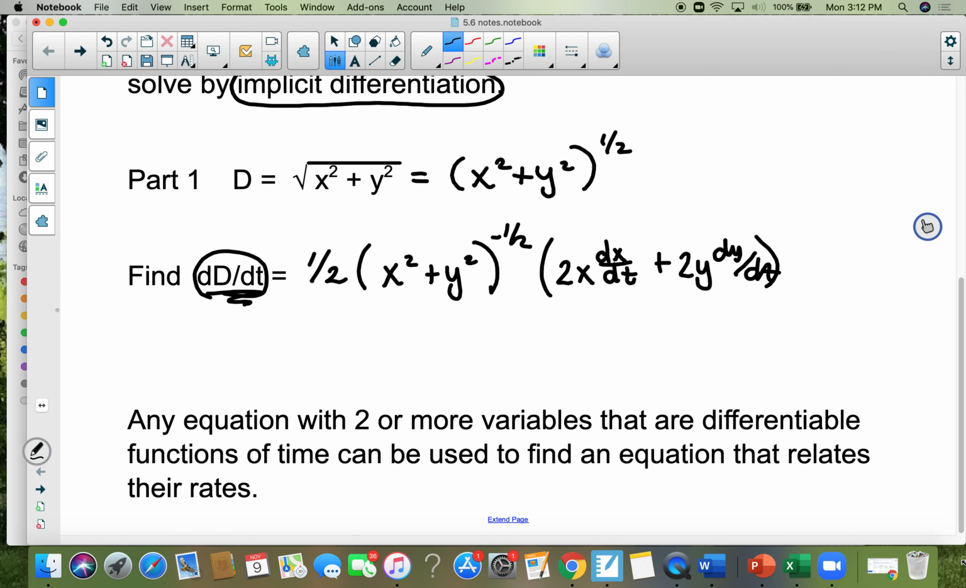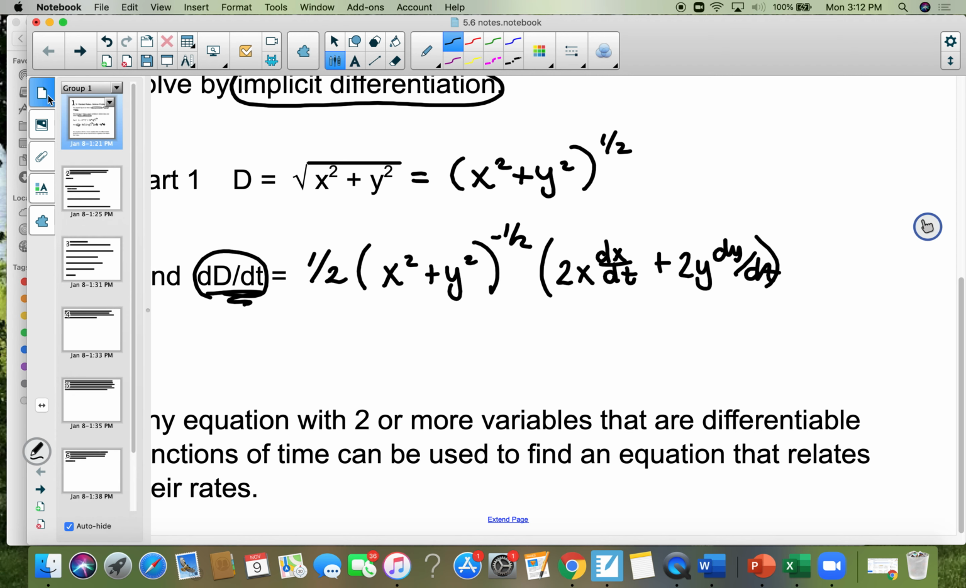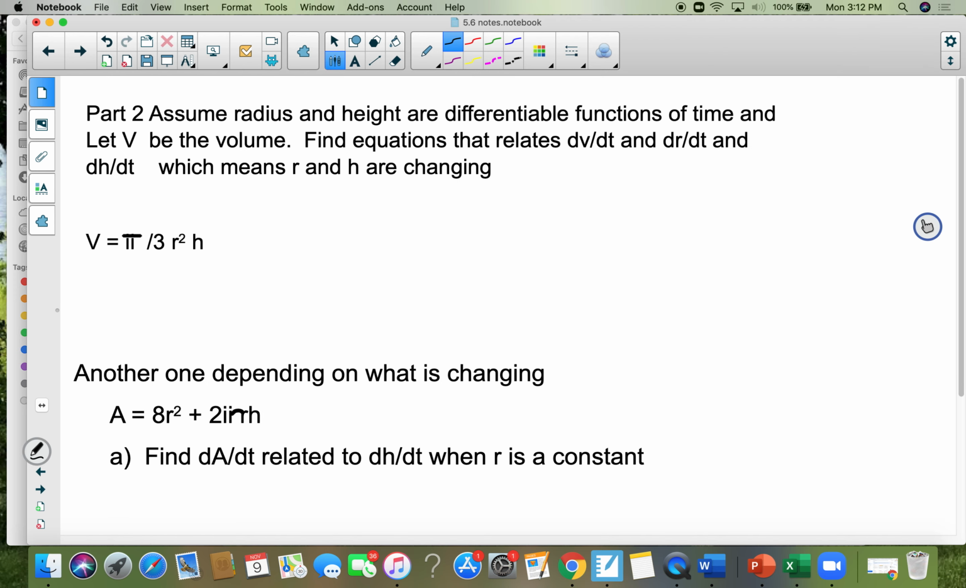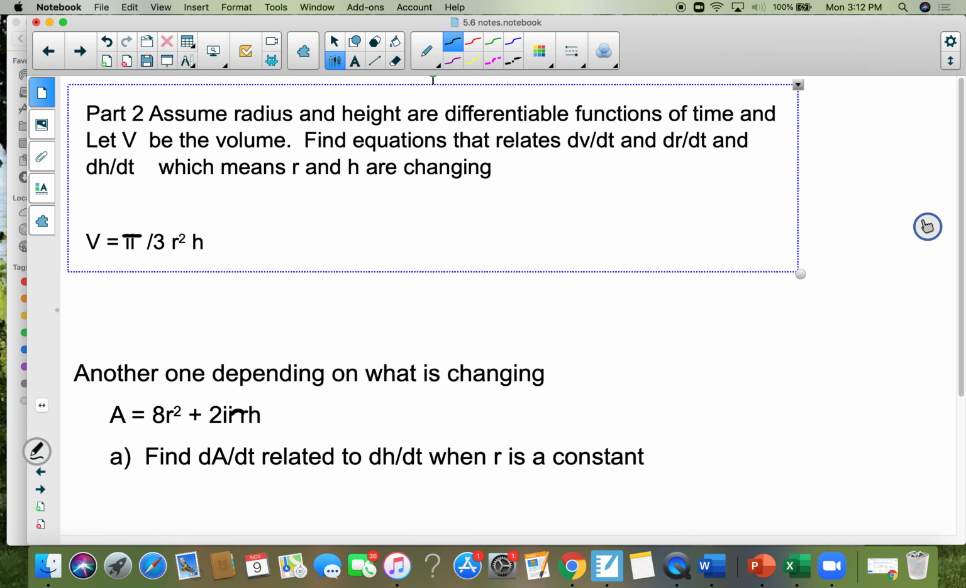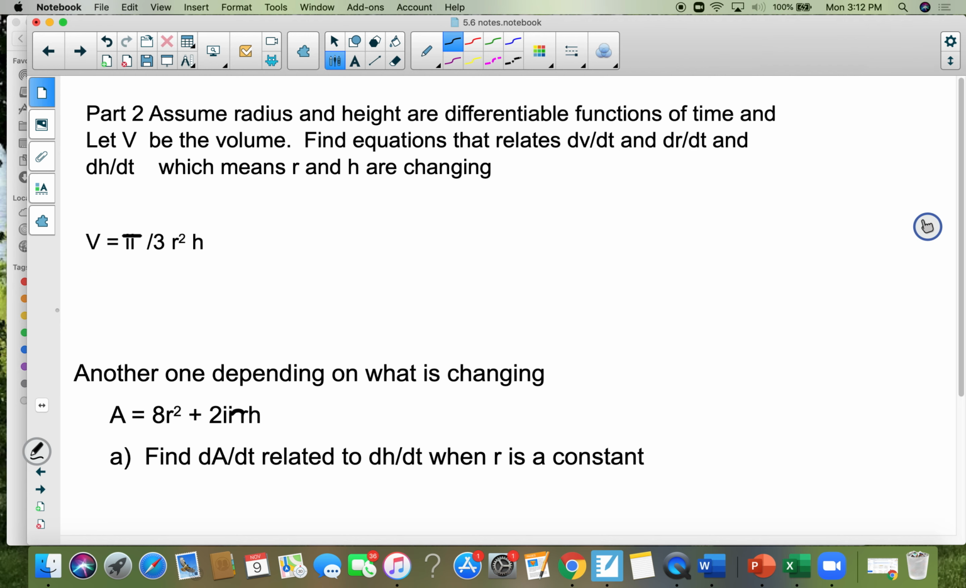An equation with 2 or more variables that are differentiable functions of time can be used to find an equation that relates their rates, and that's why it's called related rates. Okay, so for this one, assume radius and height are differentiable functions of time and let v be the volume. Find the equations that relates dv dt and dr dt and dh dt, which means r and h, they're both changing. So v prime is equal to